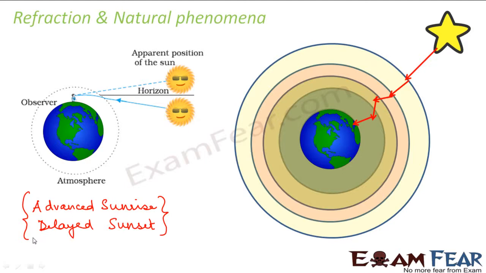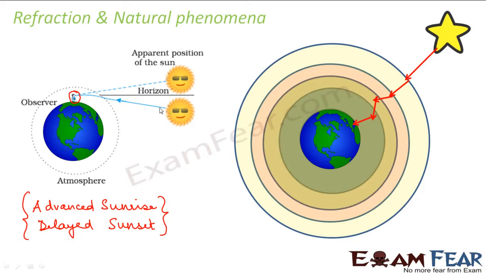That is because we are somewhere here. If you look at this diagram, it will become clearer to you. Let us suppose you are here. This is you, right? You are on the surface of the earth. And now this is the sun and this is the horizon, right? Now when actually the sun is here, that means the sunrise has not taken place yet. So the sun is actually here.